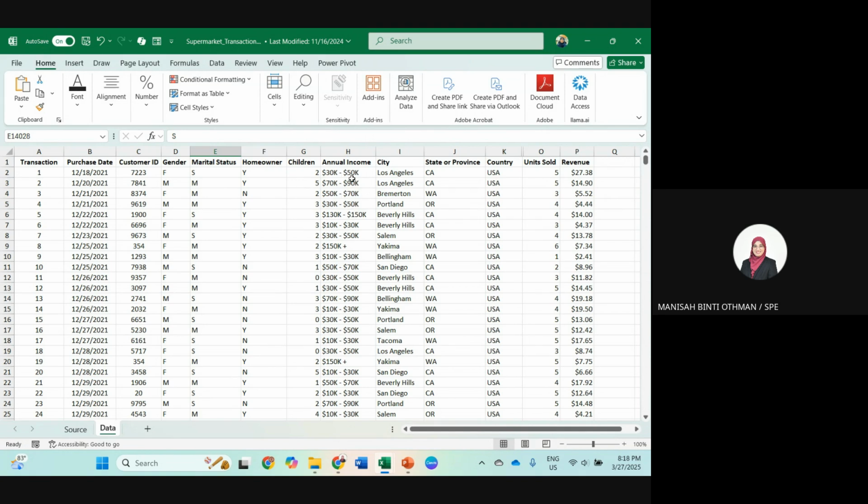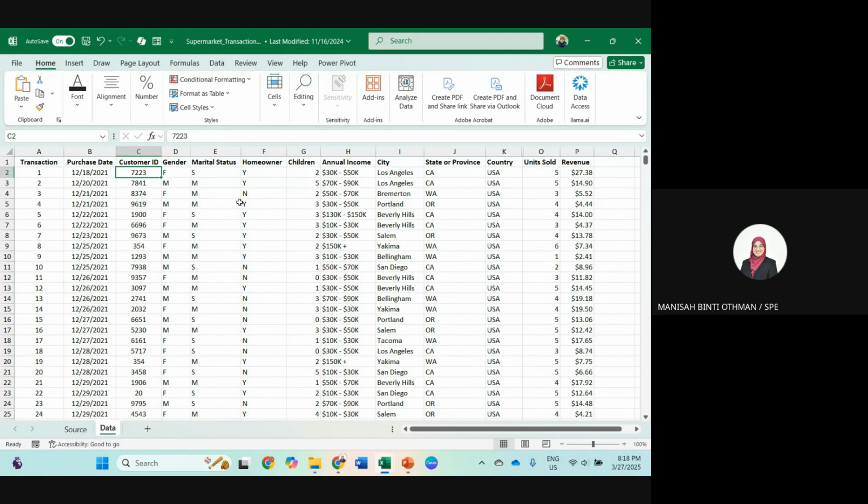Okay, annual income. So if it is the exact figures for income, then it will be numerical. So it depends how you want to display your income, a salary. Okay, so is it based on the range or the exact figures? Okay. Alright, so customer ID also, even though it's numbers, it can be considered categorical because you cannot add customer ID. Same as, let's say, your student's ID. Even though you can see it's numerical, it is not a number to compute with, isn't it?